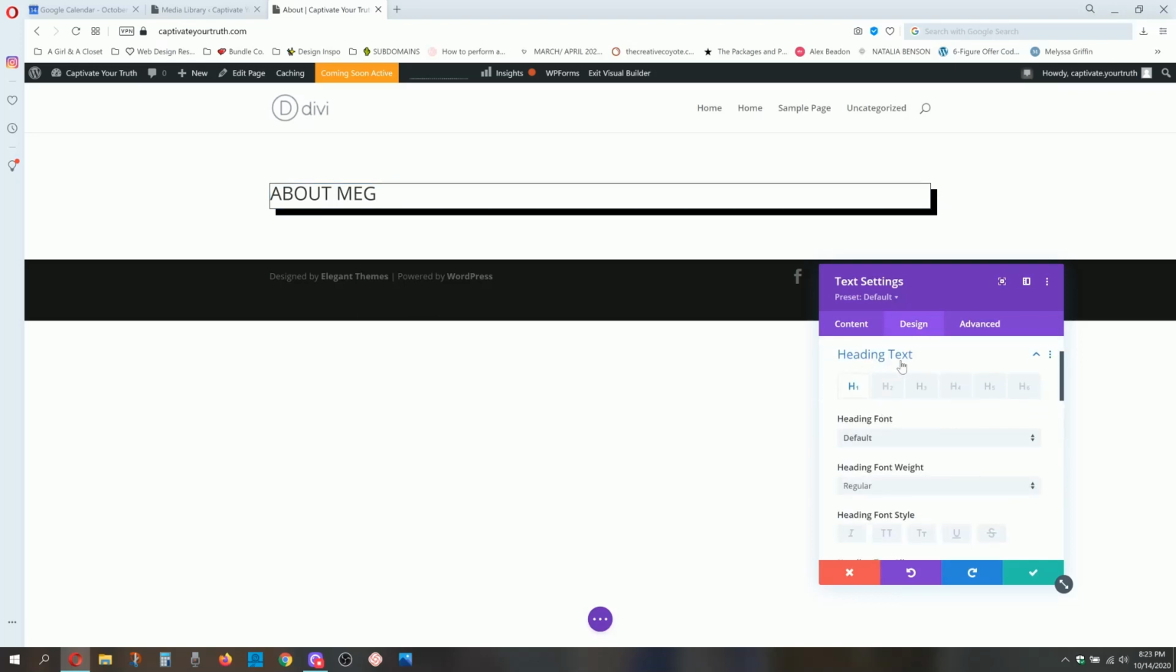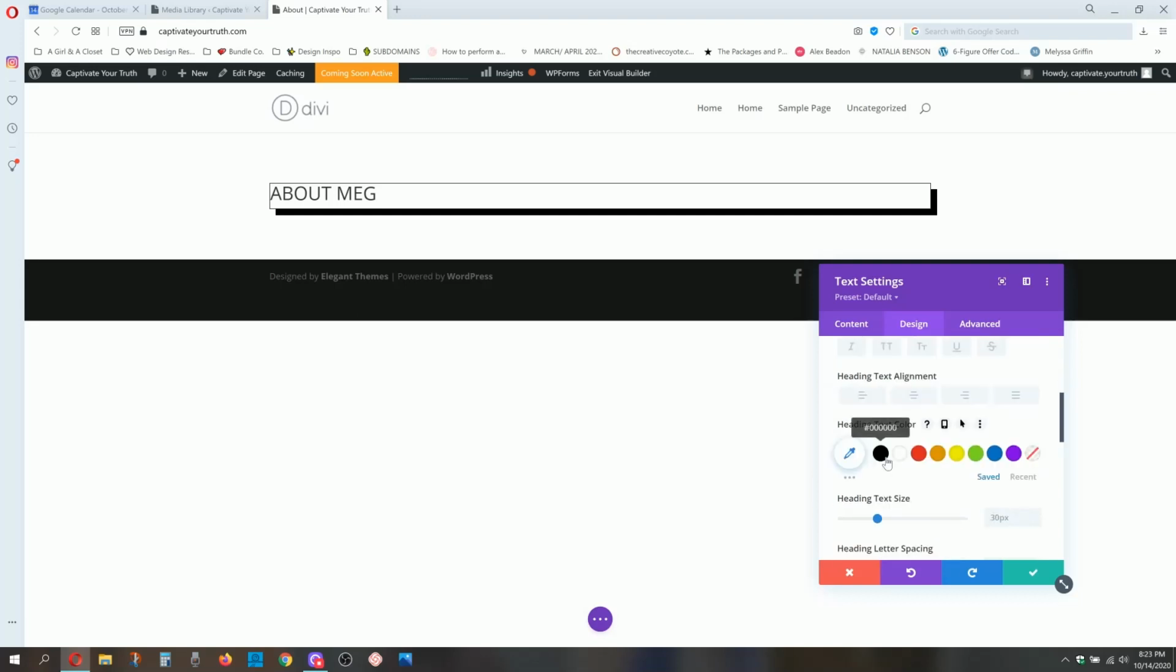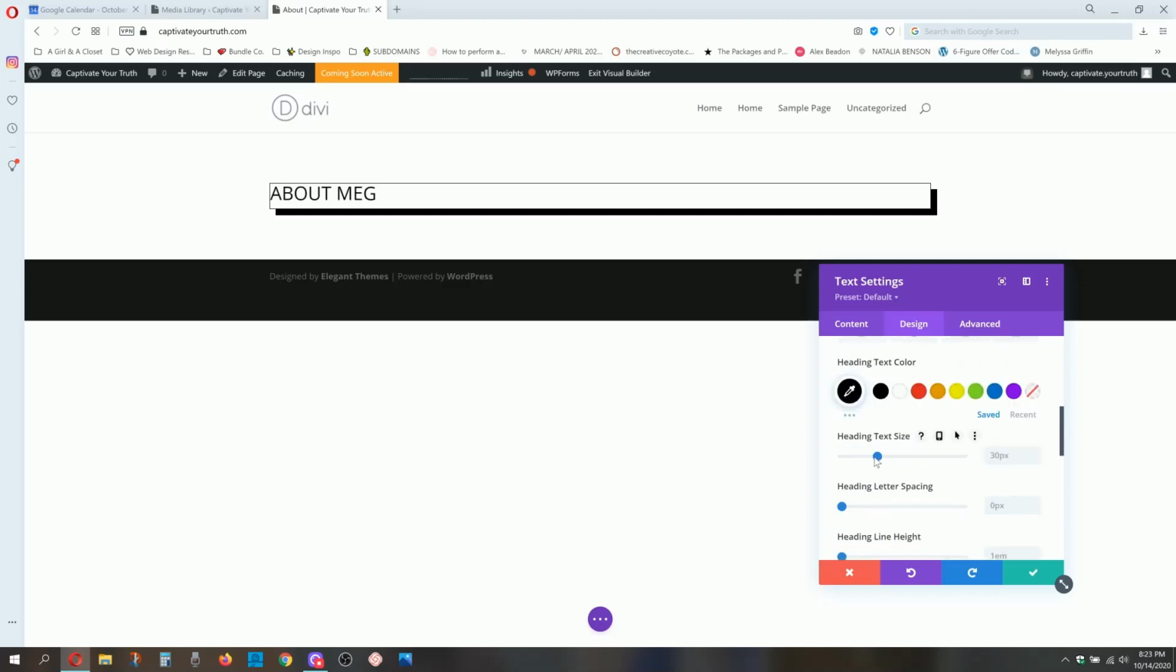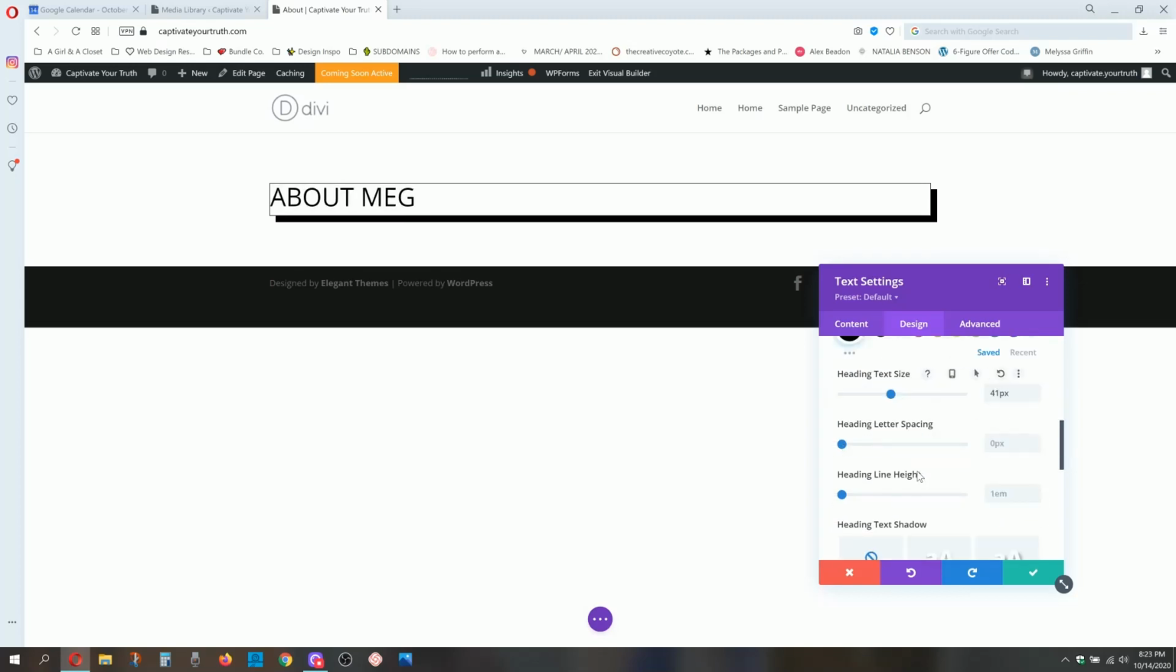So if I click over heading text, you'll see all these different tabs, and we just want to make sure that we're on H1, because if you're not, you could be on H2 and make all these changes, but nothing is going to reflect any changes because you're not on H1. So you have to make sure that that's where you're at when you're doing these sort of design changes. So again, we can change the size,